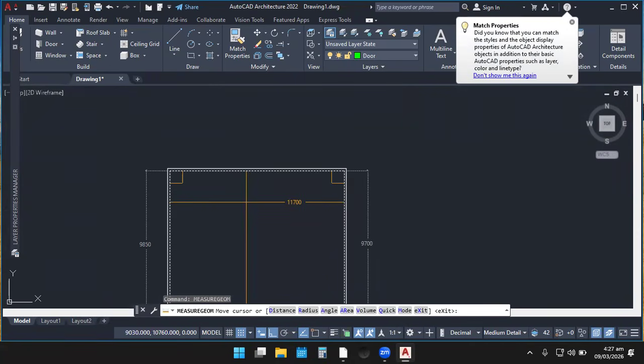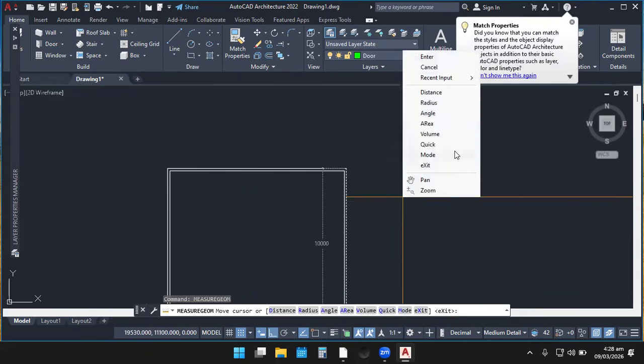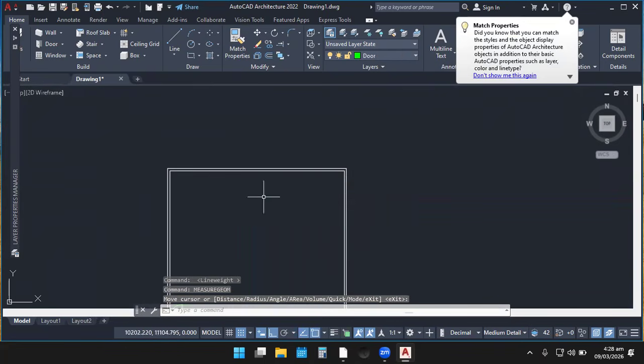First of all, let's divide this 11,700 into 3. Divided into 3, we are going to get 3,900, right? So now we can escape this command or enter.